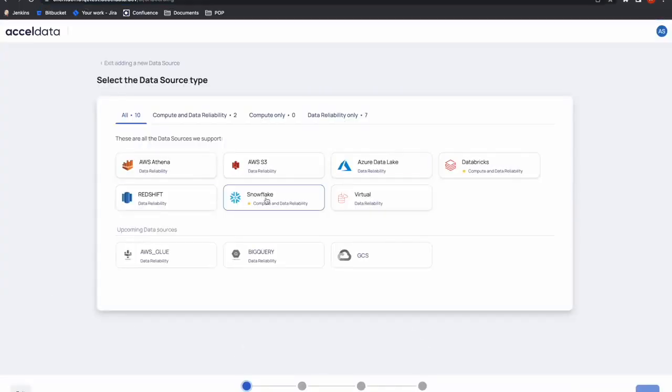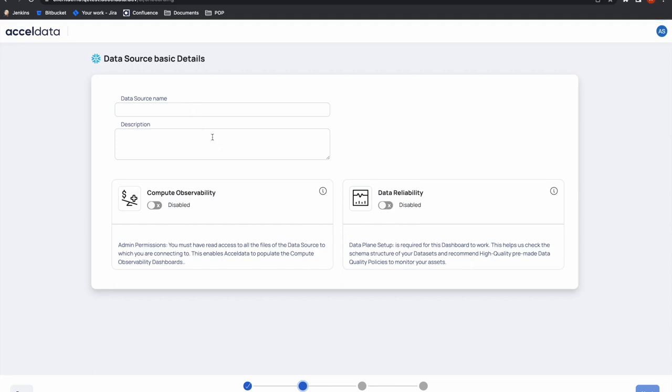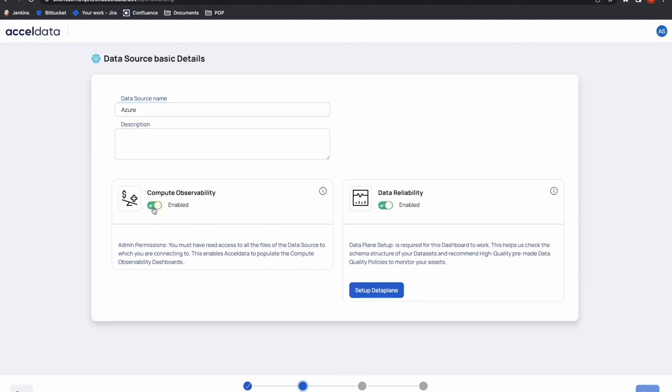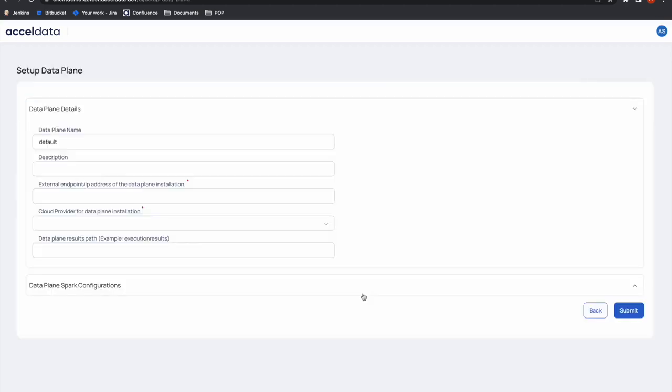To start off, you'll first have to sign in and pick a database. I'm picking Snowflake, and you'll have to enter the data source's name. The description is optional, and then you can enable data reliability, compute observability, or both, and then click Setup Data Plane. Now in the Setup Data Plane page, you'll have to enter the data plane name, give it a description,